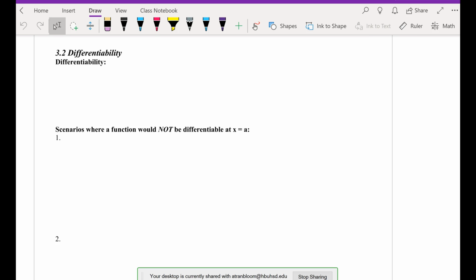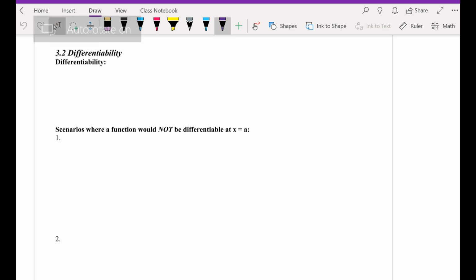3.2, differentiability. Okay, say it quick. Differentiability. You guys saw this word twice or 3 times already in 3.1. Anybody remember what it was at all? What is it? Something about derivative. Something relating to the derivative. Then you are right. Okay. So differentiability implies